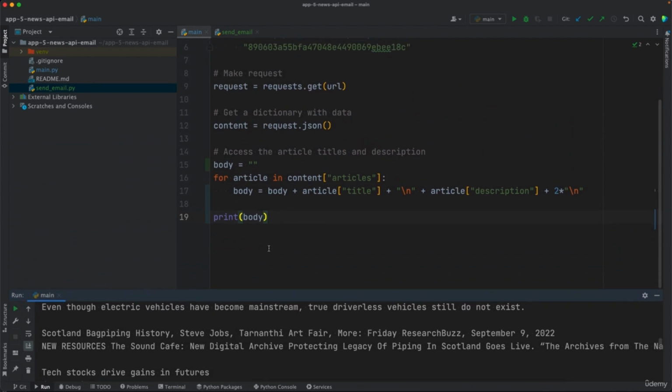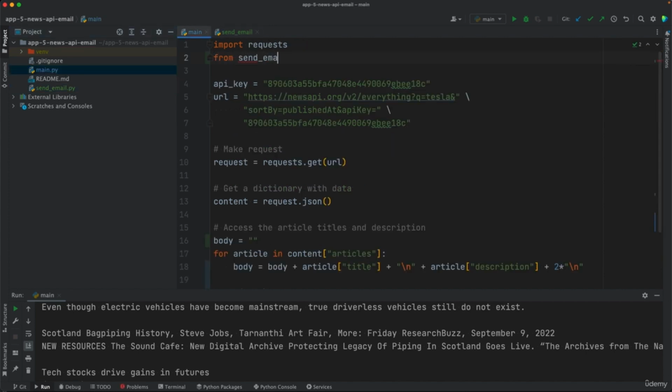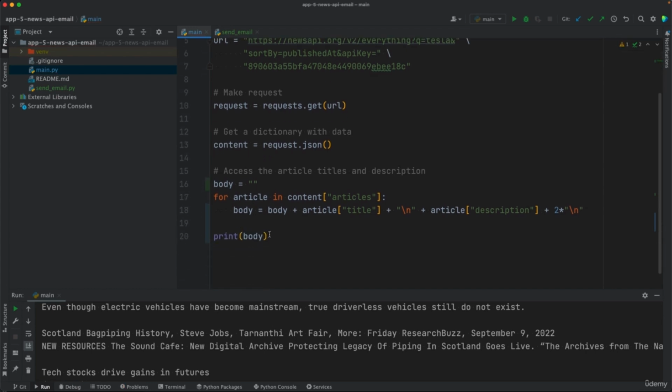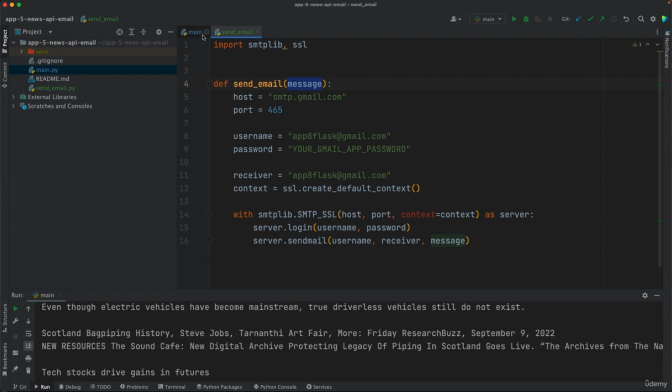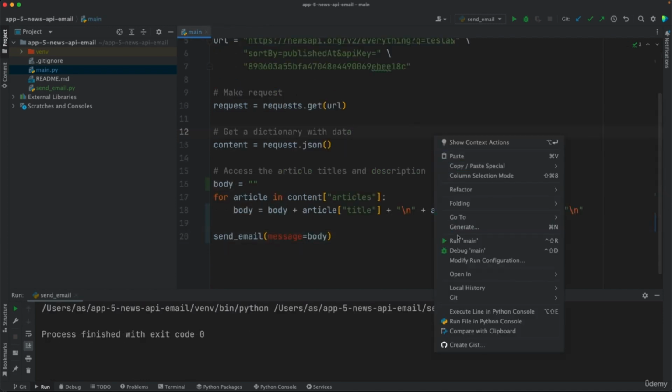So now we can import the function of send email. So from send email, the script, import send email, the function. And then in here you say send email and provide the body as the message. You can do it like that, or you can say message is equal to body. So message is the argument of that function. And I'll put my password here as well. And then you don't want to execute this script, so you want to execute the main.py file,